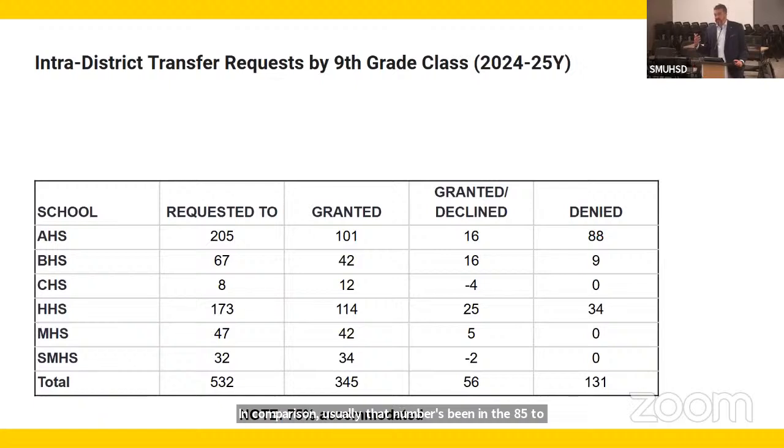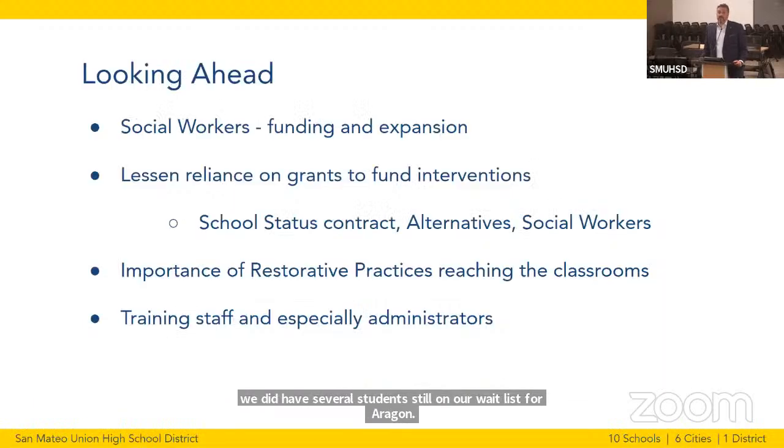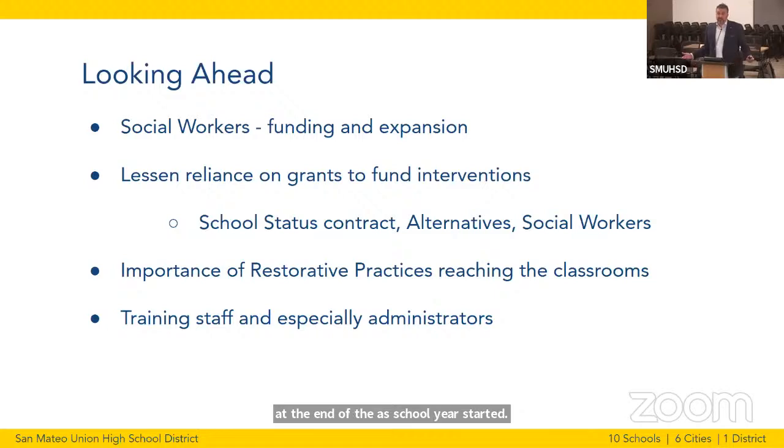We tightened our staffing at Aragon High School. Aragon's the most requested school for transfer. And we did have several students still on our wait list for Aragon at the end of, as the school year started. Looking ahead, in reflection, 17 years in the district and looking at the data we're seeing, I